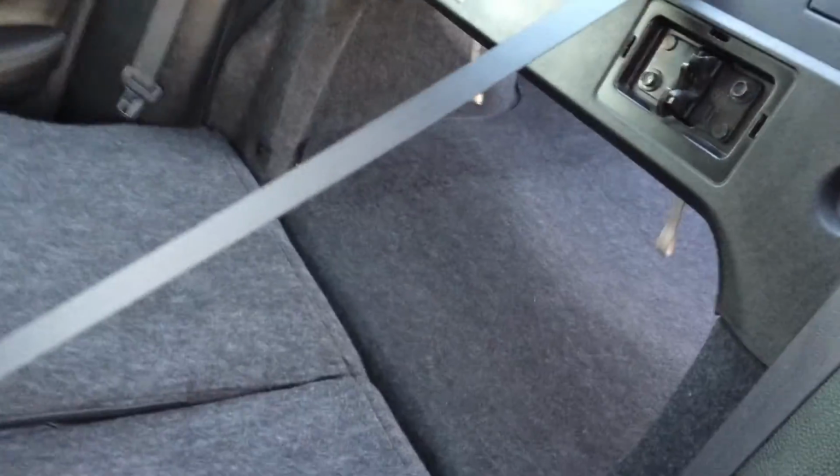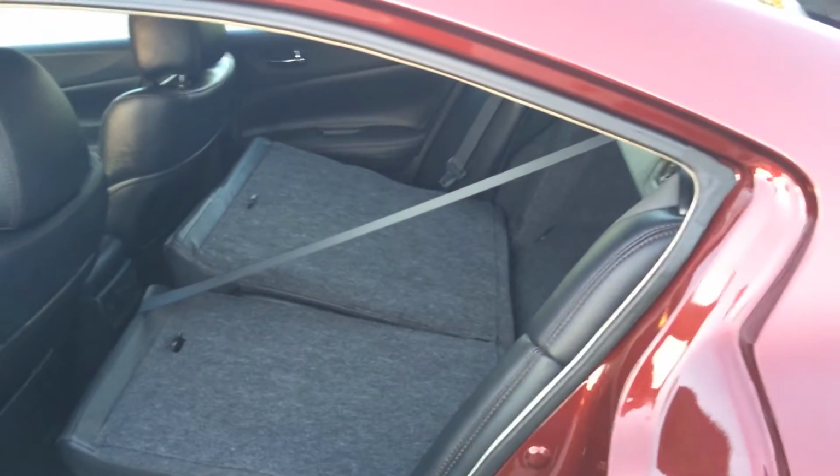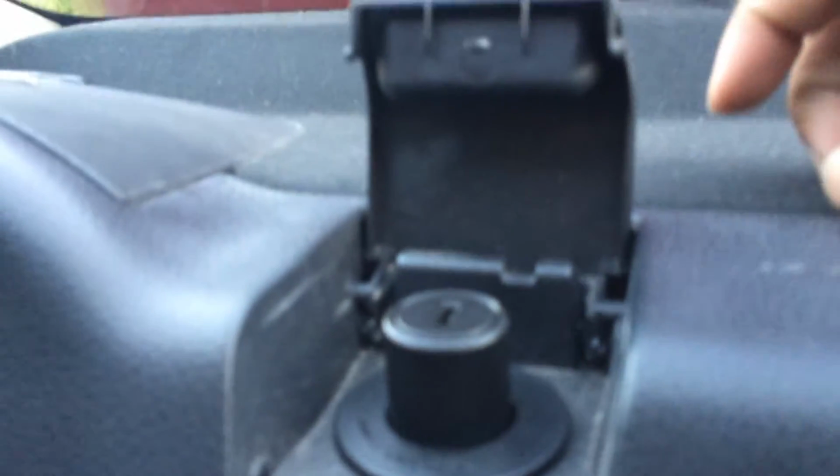Again, any kind of oversized object you want to put, or people up north that ski or snowboard, you can put your boards and your skis in here. Very easy to clip back. Just push the seat back, and it's locked. And on this side, what you do is, the car does come with a key,